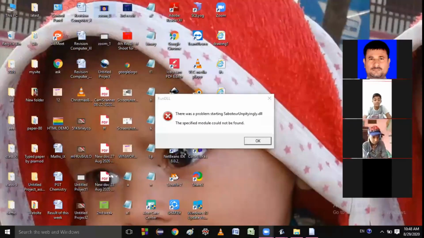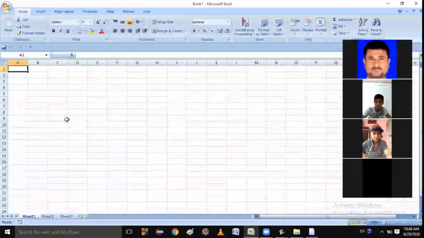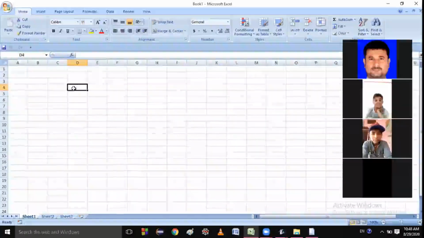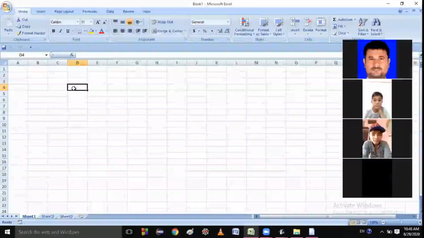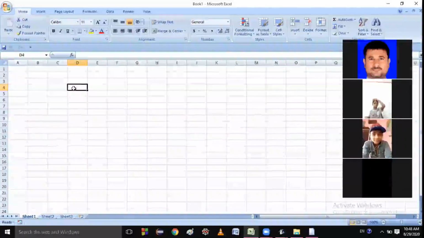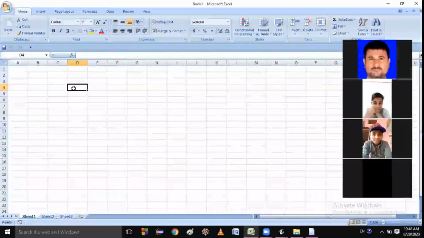So students, as I discussed with you, today I will take your class, and that class will be based on the practical, and some functions remain. So today I will complete those functions, and after that this lesson will be completed. So students, I was discussing the ODD function and the INT function. What was the difference between the ODD function and the INT function?